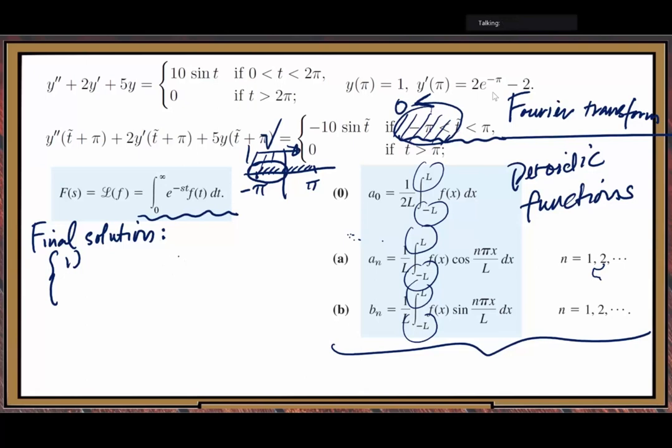So here we use axes. Because for your final solution you need to shift it back, but you have the data only between pi and 2 pi, and there is a gap between 0 and pi when you shift it back, because your inverse Laplace cannot recover that part. So when you shift it back,